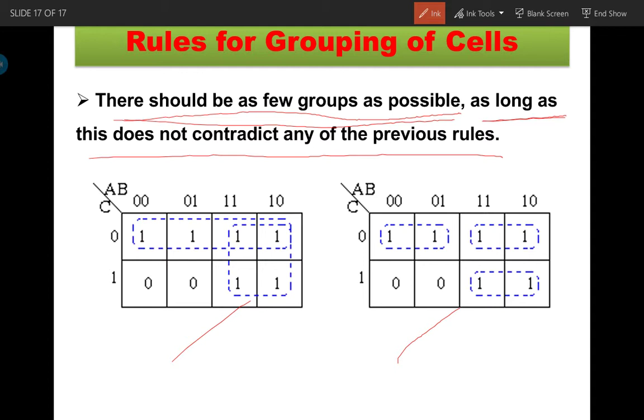So by using all these rules we will make the grouping. First of all we have the expression. From the expression we fill the k-map. Okay, we take a k-map depending upon the number of variables, then we fill the k-map from the expression. After filling the k-map, then we will go for grouping the number of 1. उसके सारे रूल हमने आज कर लिए. So after grouping, then we will go for writing the Boolean expression from that groups, and that we will see how to write that Boolean expression in the next lecture, right? So that will be the final step for simplification using k-map, right? Okay.